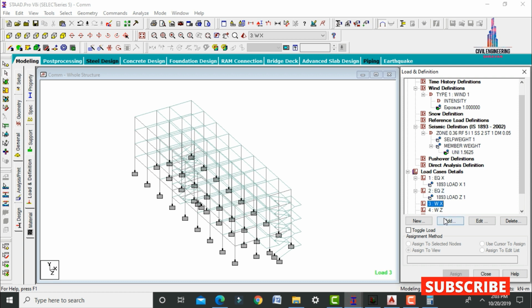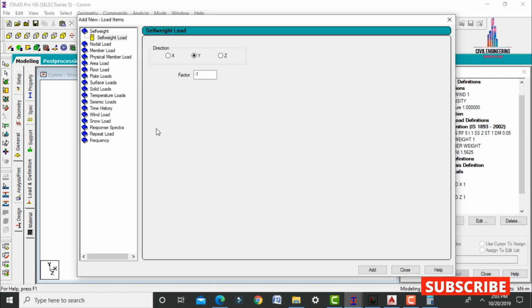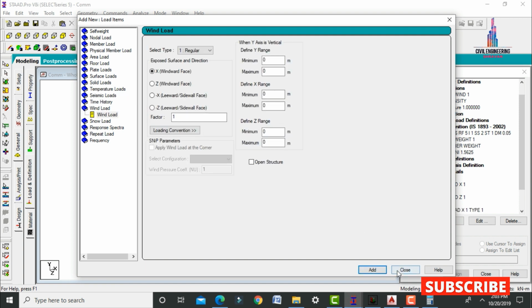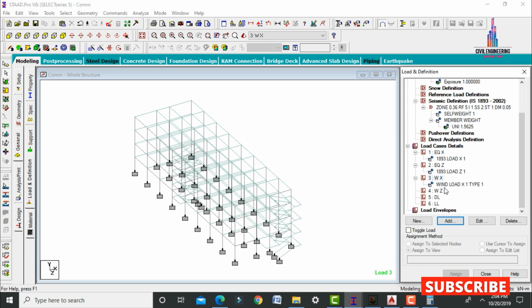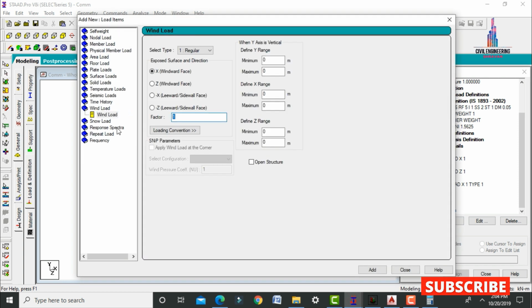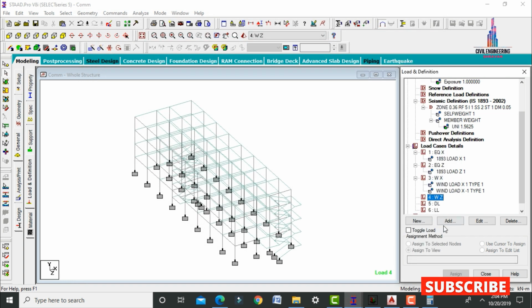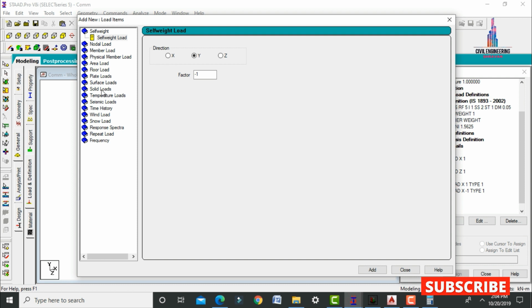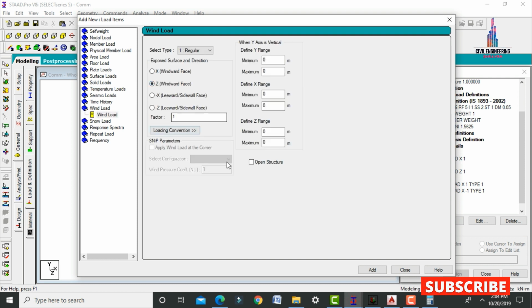Now we have to select the wind load in X direction. We have to add the factors for the respective X direction as well as Z direction. So select wind load with X 1, add it, close option. Select the respective wind load. Again we have to add the parameters which are in the minus direction, also intensity, close option. Select wind Z, add button. Select the respective wind loading which is in Z direction with the factor 1, add button. Again I'm selecting -1 as the factor, click on add button, close option.